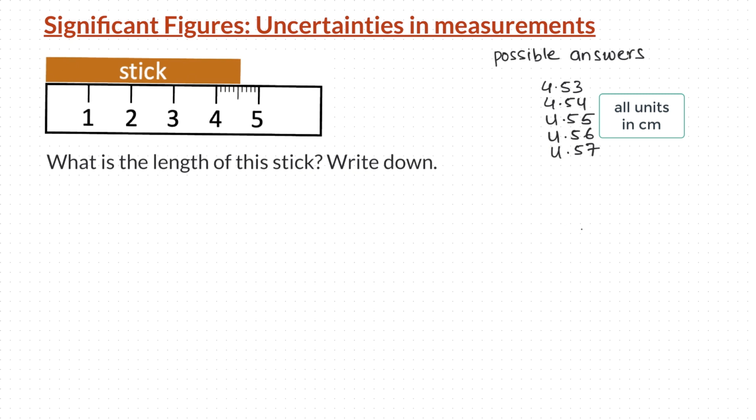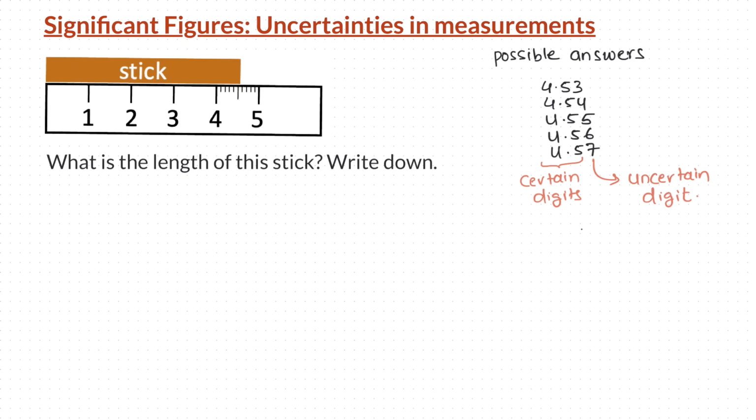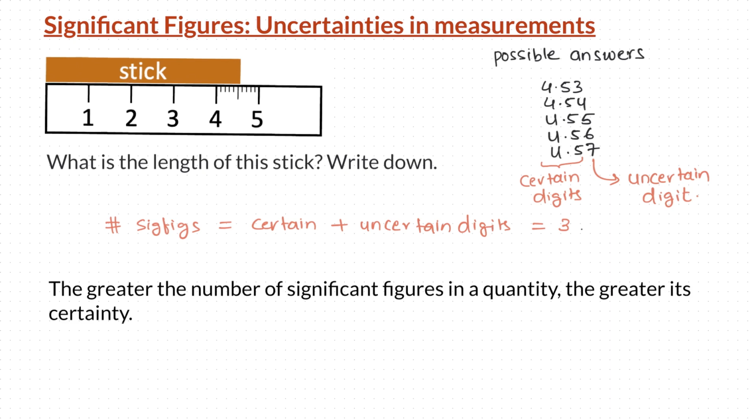In this case, the first and second digits of the measurement are certain digits and the third digit, that is the rightmost digit, is the uncertain digit. The number of significant figures for this measurement, therefore, is 3. What we can say here is, as the number of significant figures in a measurement increases, the certainty of the measurement increases. When we are in a lab doing experiments, we often end up performing mathematical operations on individual measurements that we made in order to calculate the final result of the experiment.